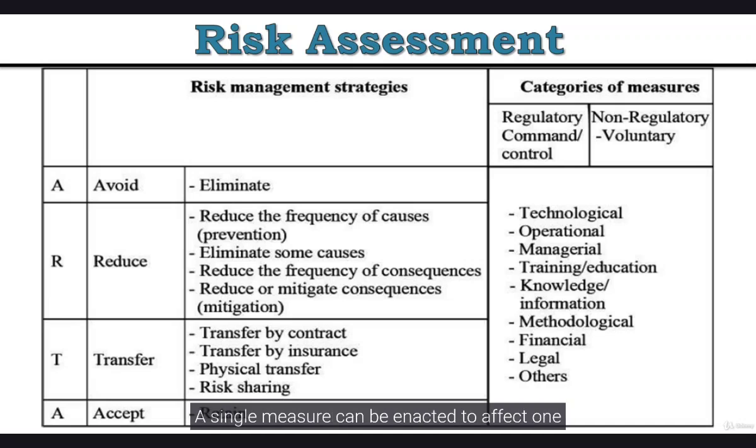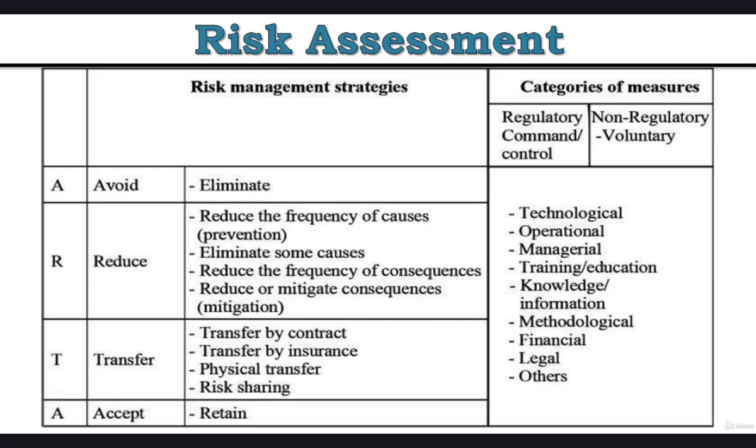A single measure can be enacted to affect one or several risk or system elements. On the other hand, multiple measures can be designed to affect a single element. Often there is no single solution to guarantee a high degree of efficiency and effectiveness in risk management. As one single measure may not be sufficient, several measures are often combined to achieve risk management strategies. For example, mandatory technological and procedural measures can be combined with financial measures such as levies or subsidies.